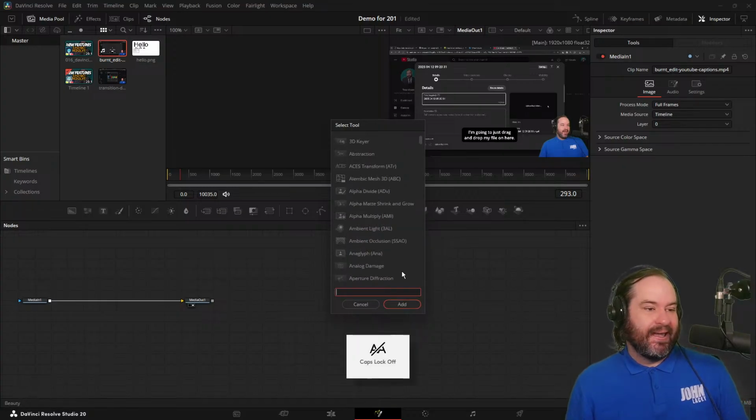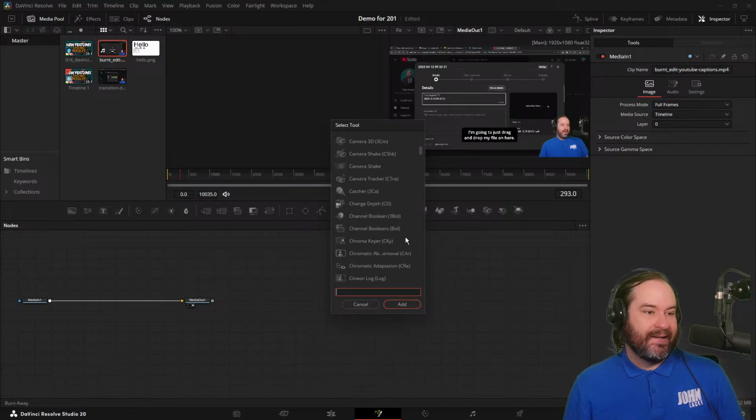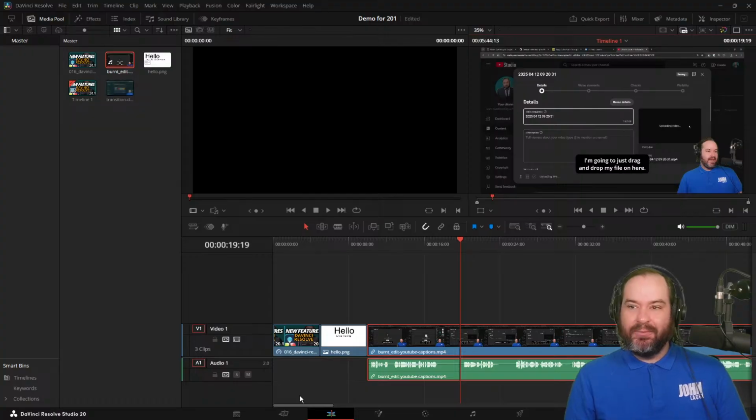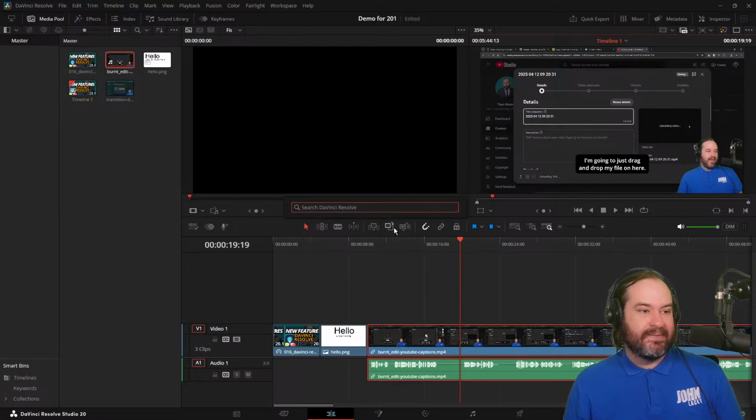So, you know, I can't think of a good example right now, but if you wanted to have a chroma key there, for example, again, not great for this particular footage, or a generator, we can do that in there as well. The great thing is now with 20.1, they've actually extended this functionality so you can use it in more places, including this place here, right where I am at the moment, the edit page. So if I go Shift and Space,